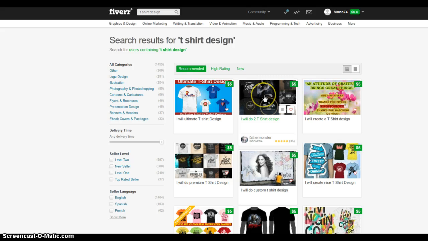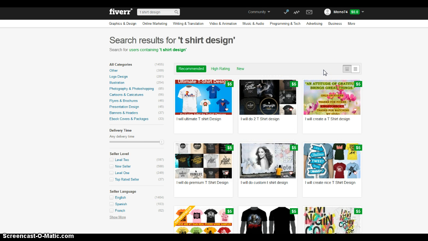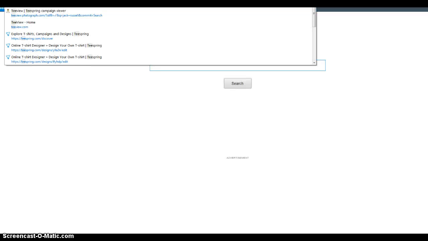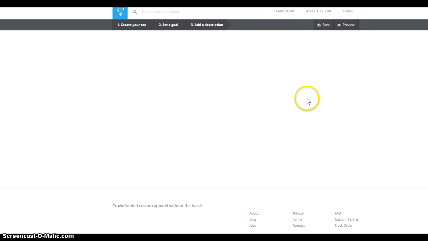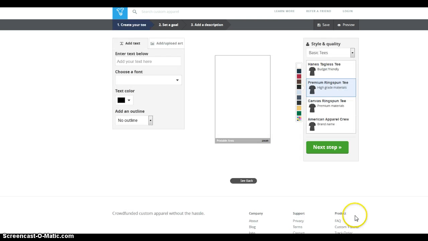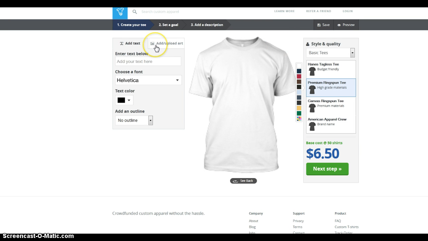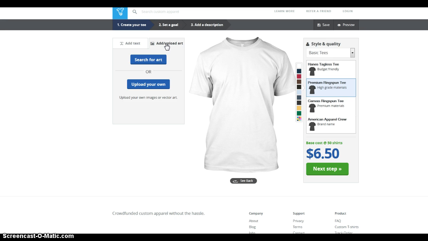Anyway, they'll give you the t-shirt design. You go to Teespring, you upload the design onto Teespring, and I'll quickly show you. It's pretty simple. With Teespring, you do need to set up an account first, and you can do that here. Then you go here to add your artwork. You upload your own, and that'll add onto there. And then you basically